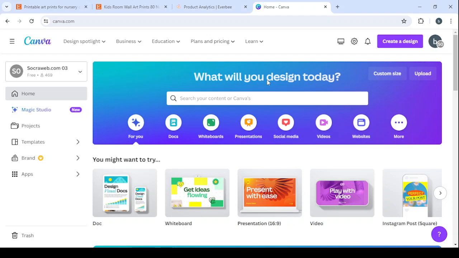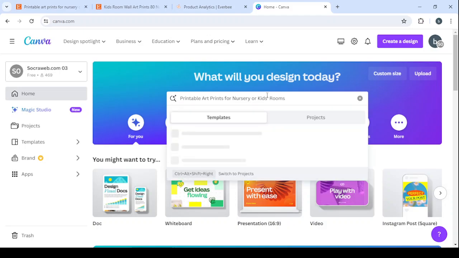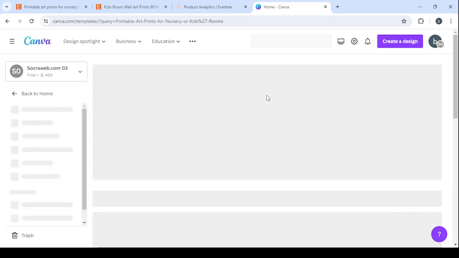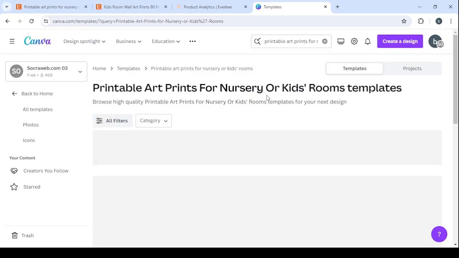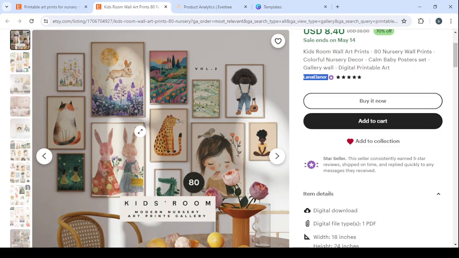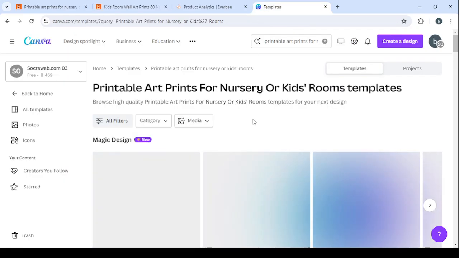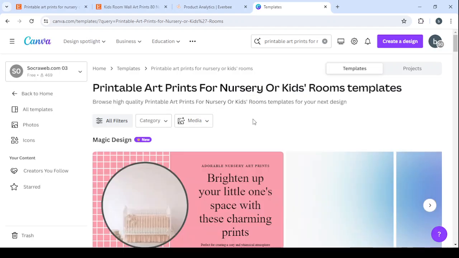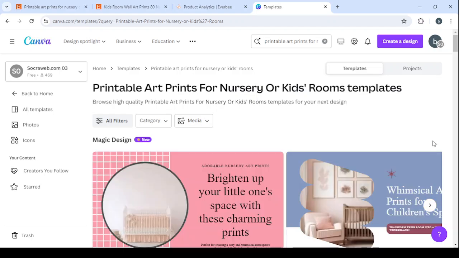So here let's type the name, and you will be able to see a lot of templates that you can use in order to create your own products. Let's wait for it to load, and you will see a lot of templates like these ones, and you'll be able to add your own touch to these templates, and you'll have your own product ready to be sold